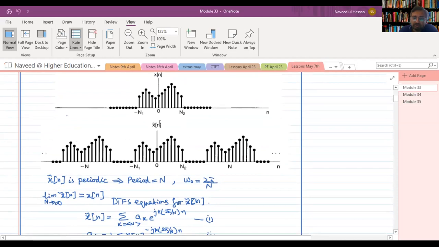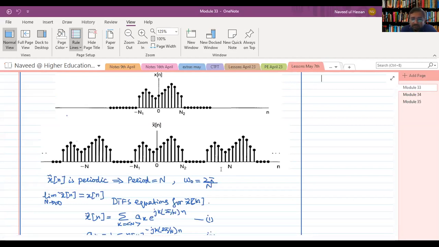Then we create a periodic sequence by repeating this portion of the given signal and putting it at n minus N and so on. And in the limit we increase the period